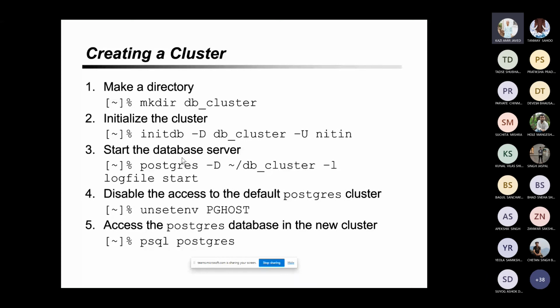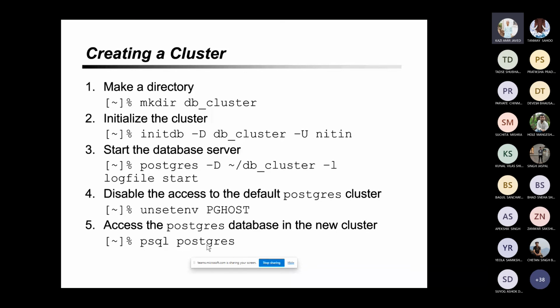You can disable the access to the default Postgres cluster. Currently we are using the default Postgres cluster, so you can use the unset env command to disable that access. And then whenever you want to access the Postgres database in the new cluster, you write psql postgres, and it will permit you the access.